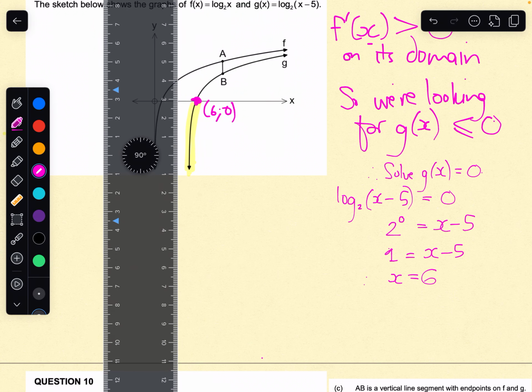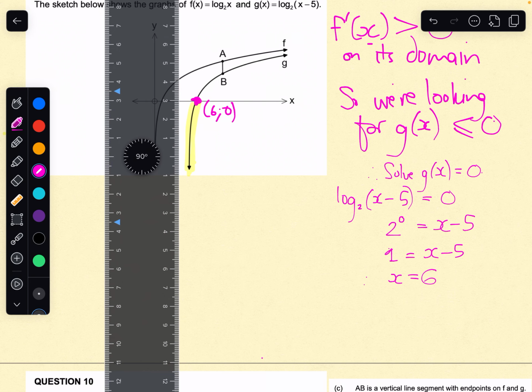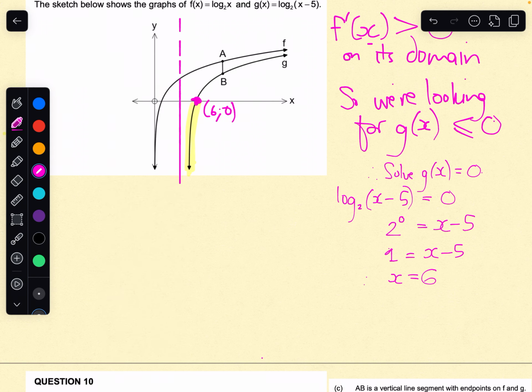So I'll just put it here. The asymptote being x is equal to 5, right? So for any x that is bigger than 5 and smaller than 6,